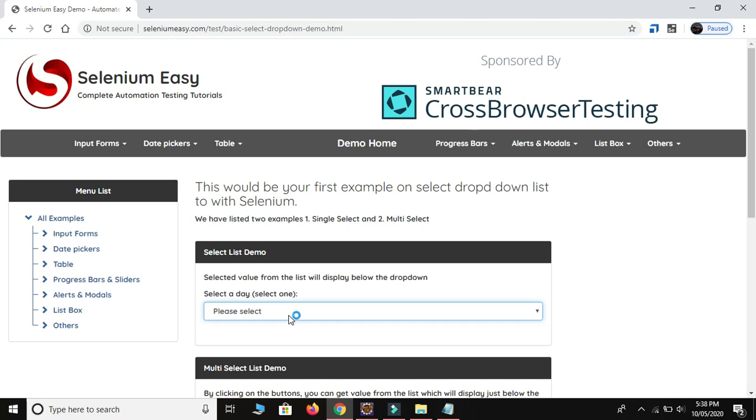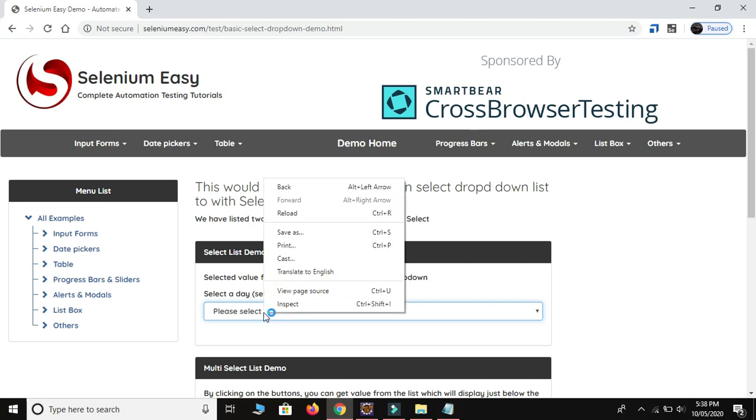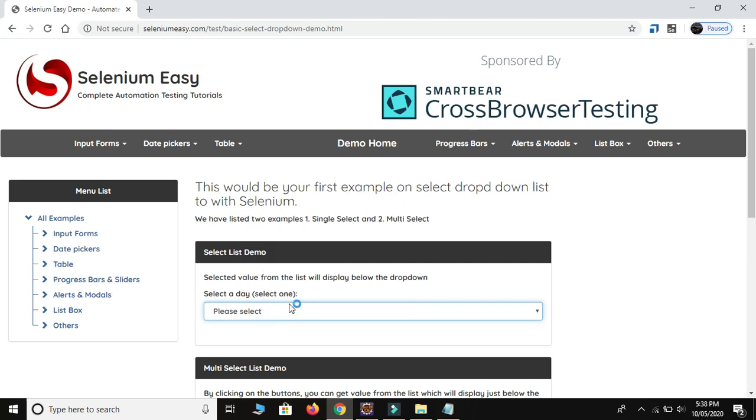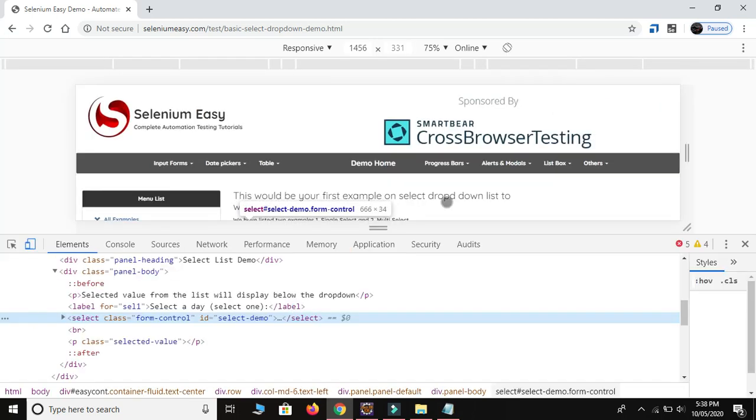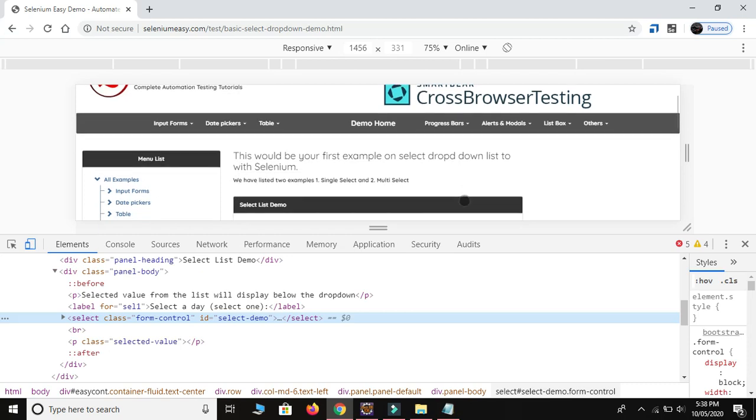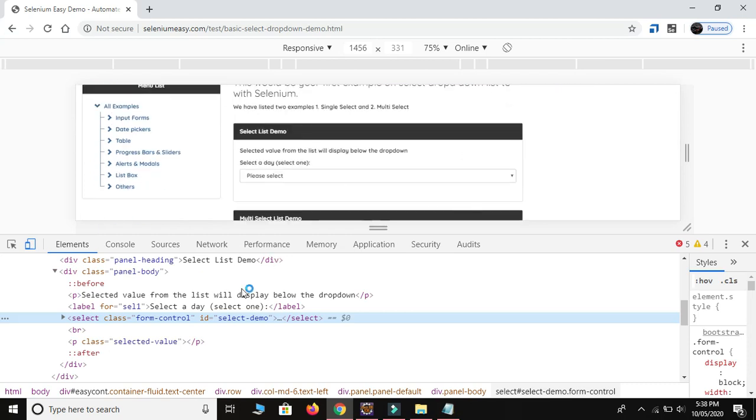So we are taking the complete package. Whenever you handle any drop down, it is better to get the complete list, this main package.